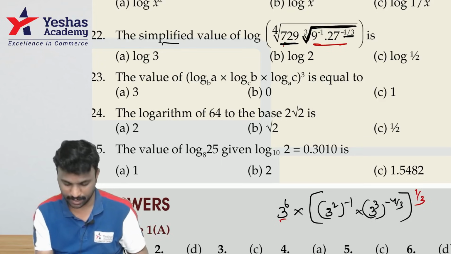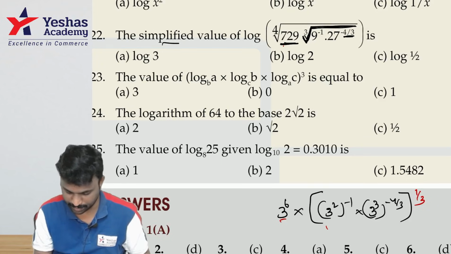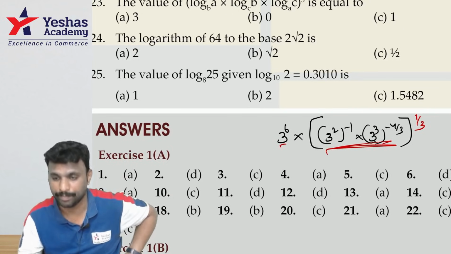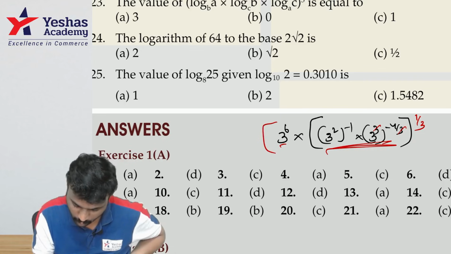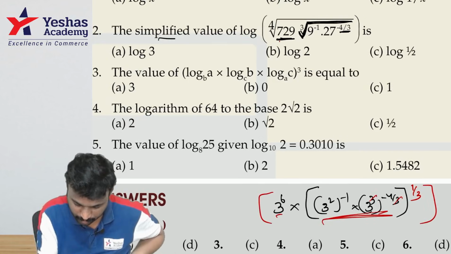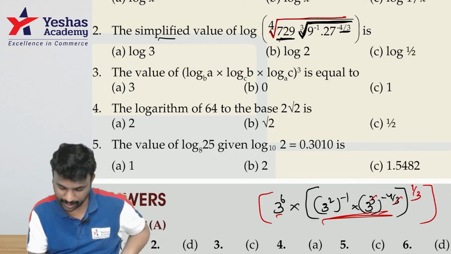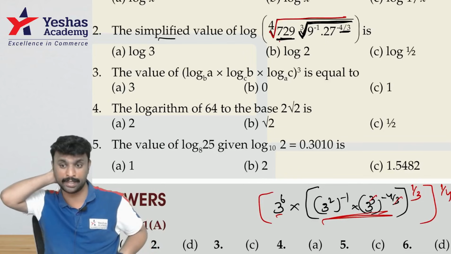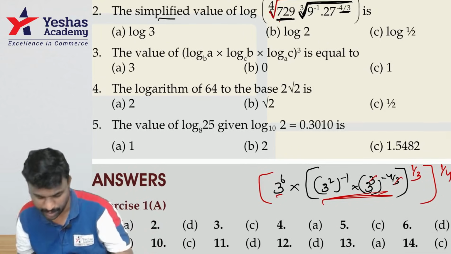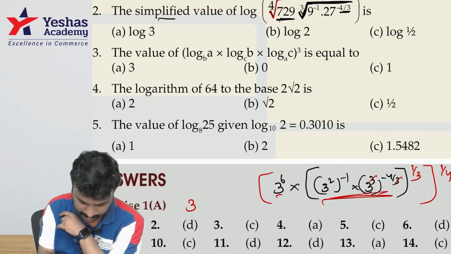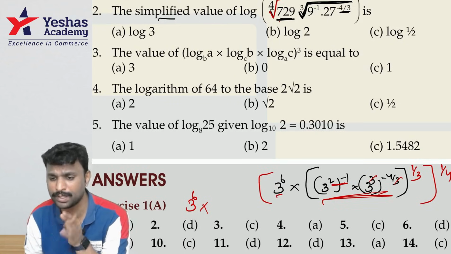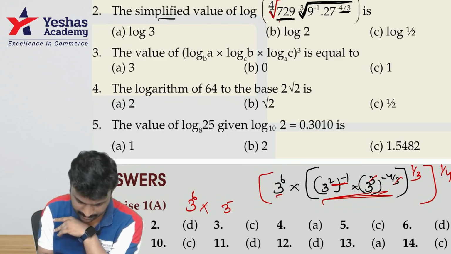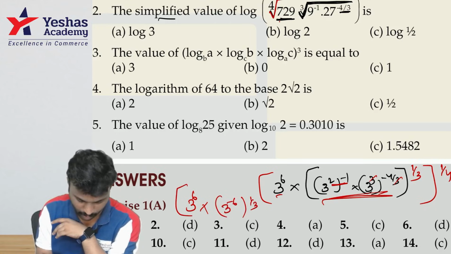Cube root is only for these two terms. These two terms, that means these two terms I'm talking about. Is it clear? Everybody look at this. 3 and 3 will get cancelled here. And there is a whole power as well for everything. Whole power is what? Fourth root. Fourth root can be written as 1 by 4. For the entire thing, it is fourth root. Have you understood? Now, guys, look at this. It's 3 power 6, 3 power minus 2, 3 power minus 4. So, guys, 3 power minus 2, 3 power minus 4 is 3 power minus 6, but that has a power 1 by 3. Whole power 1 by